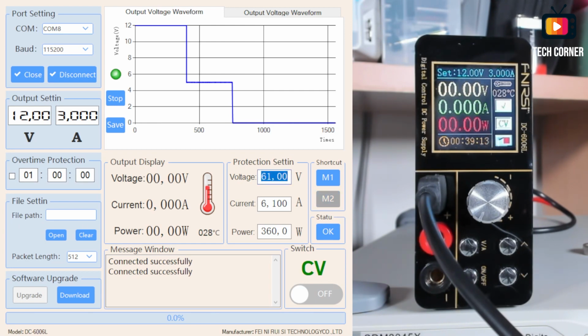Also the protection settings for voltage, for current, and for power. When something is triggered, you can change the status. Some protection is triggered, you can change the status to OK here. And yeah, that's it. You have here the current continuous voltage, indicating that the power supply is working in continuous